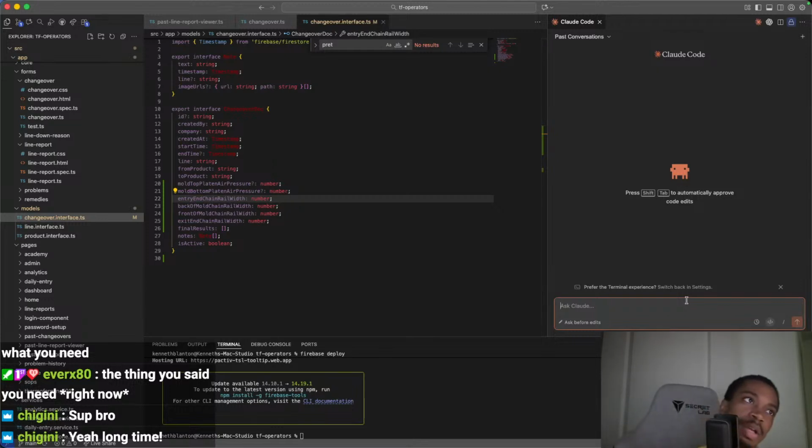How about, okay, that's the first thing I want to do. How would I, and let's put it in plan mode, how would I structure my new interface? My old documents in my Firebase DB don't have the new properties. So how would I make sure that